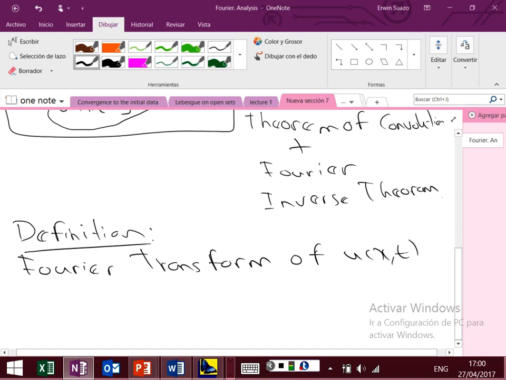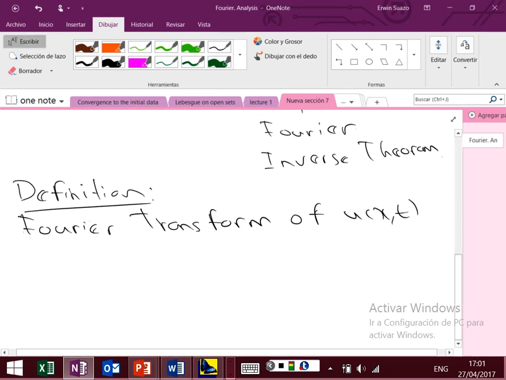So this is a function of two variables, right? Because most of the time people talk about the Fourier transform of only one variable, but here you just keep t like a constant, like a parameter, right? With respect to x. So you are taking the Fourier transform with respect to x, not with respect to t. It is denoted by